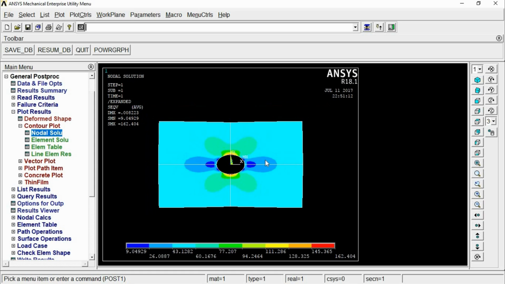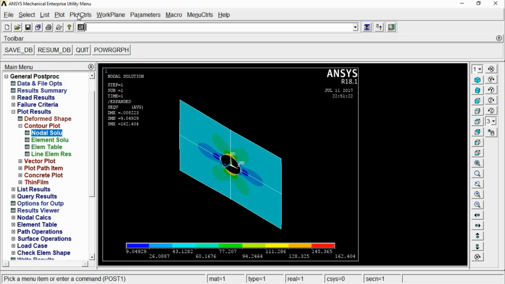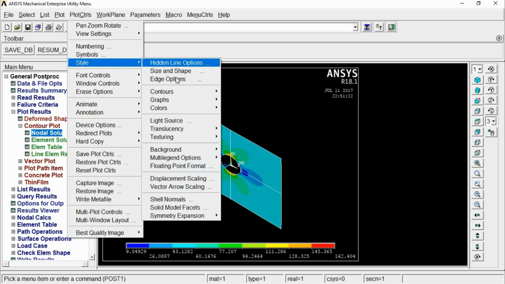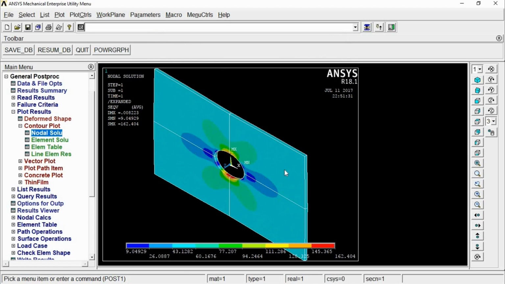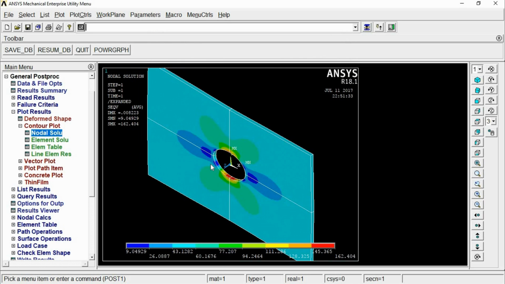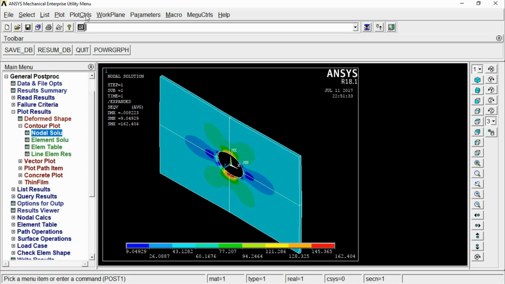Now you are seeing the rectangular plate as in the figure itself. If you want to see the thickness for this, just select isometric view here, go to plot control, style, size and shape and display of elements on, click OK. Now this is the thickness of the plate,